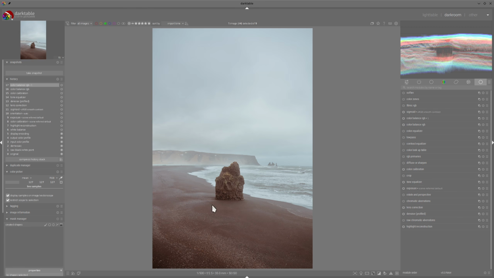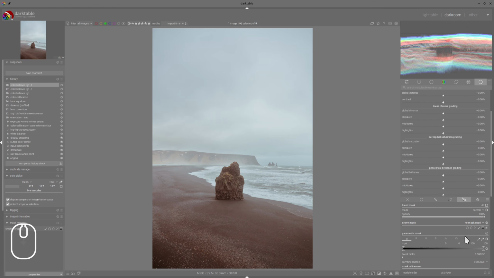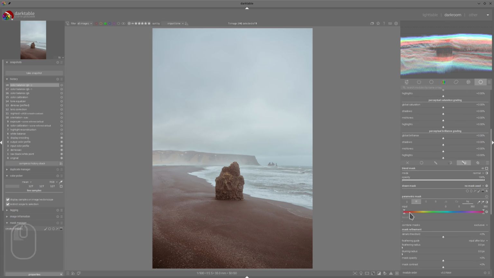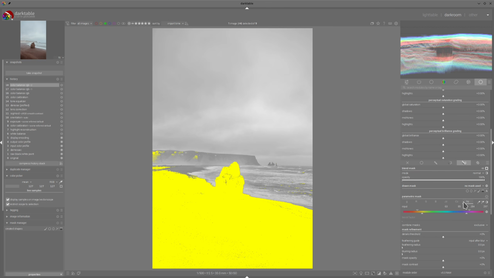The next thing I would like to do is to improve the contrast of that darker area to give that scene a bit more depth. So we can use color balance RGB next instance, but this time we will mask our red area. So let's do that, because we want only to influence that area. Let's see how the mask looks like. And we need to toggle the polarity of the mask. So let's go there